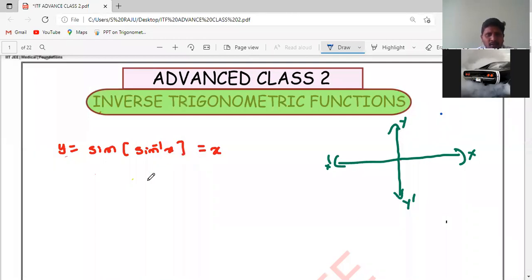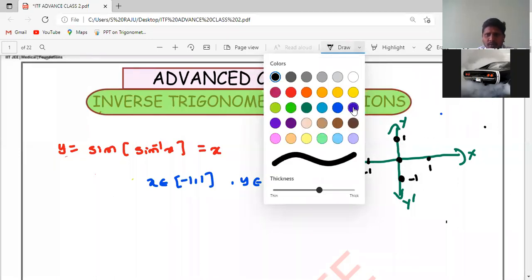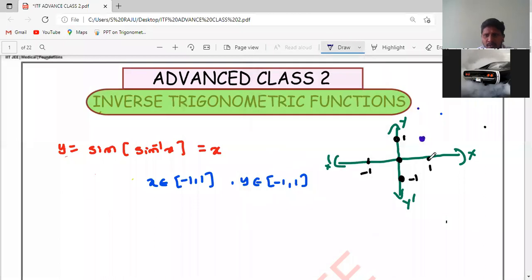Here x can take, what is the domain here? Domain is -1 to 1. Even the codomain y, finally the output also belongs to -1 to 1. Now if we draw the graph at 0, 1, -1, if I give input 1, we are going to get output 1 alone. Input x value is 1, y also becomes 1. X value is 0, y also 0. X value is -1, then output becomes -1.